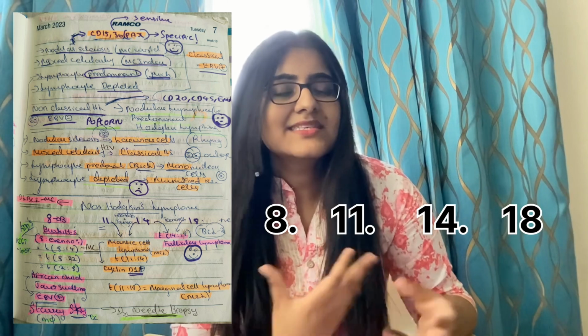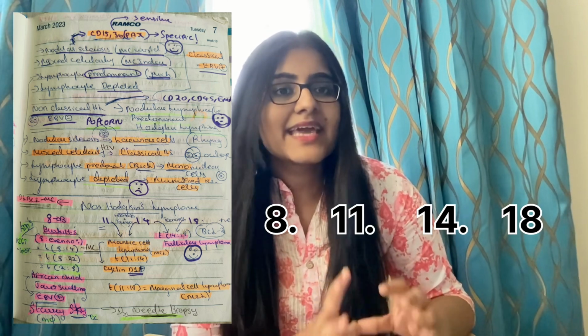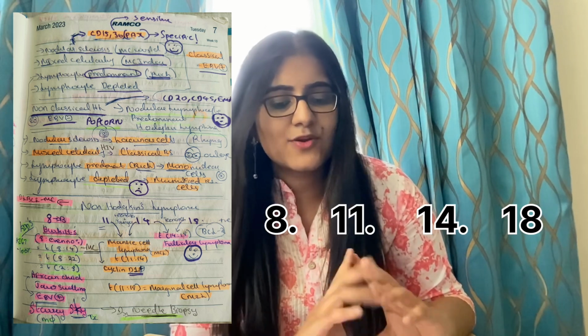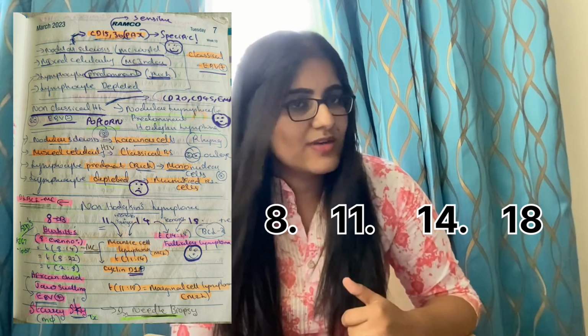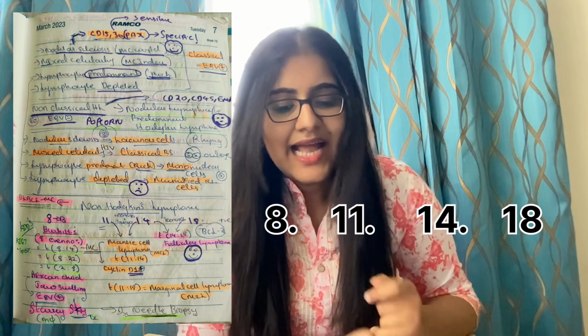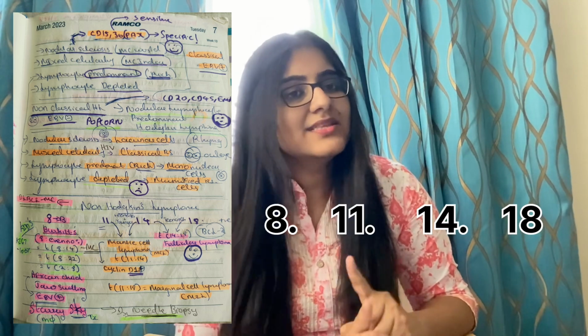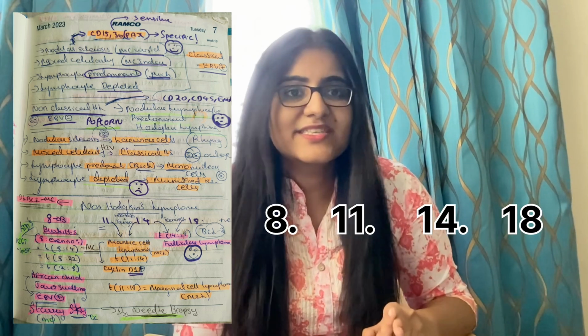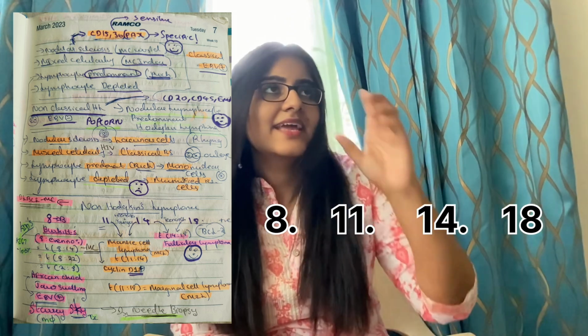Kid means something connected with kid, so it will be Ki-67. Okay, and also Epstein-Barr virus will be positive, and also you should remember the starry sky appearance. And in the starry sky, what is the tumor? The sky will be the tumor and the stars will be the macrophages. Okay, then 8, 11, 14.